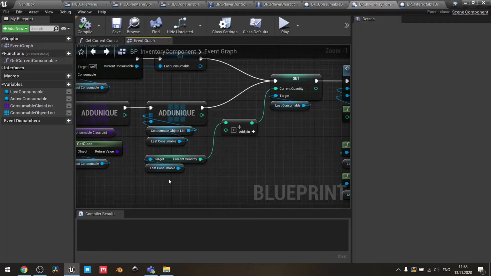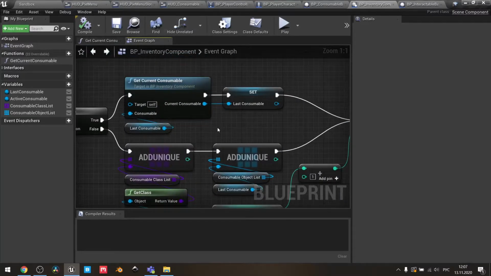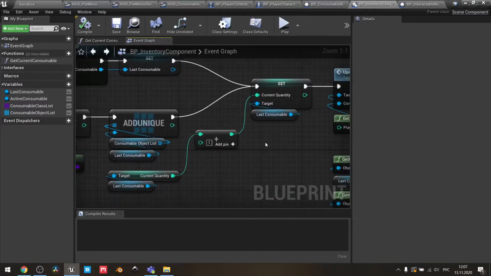Next, from last consumable, we can get current quantity. We need the get current consumable function to define what consumable we have added to our inventory the last moment, whether it was our cigarette or our water or our food consumable. So when we have the proper consumable, we actually know which consumable we need to